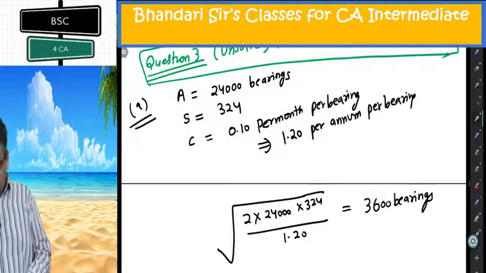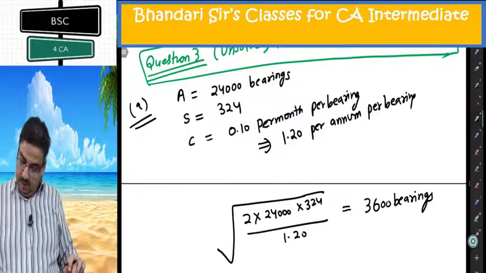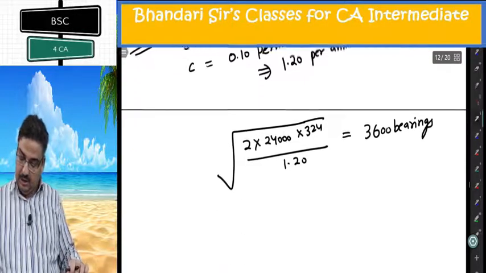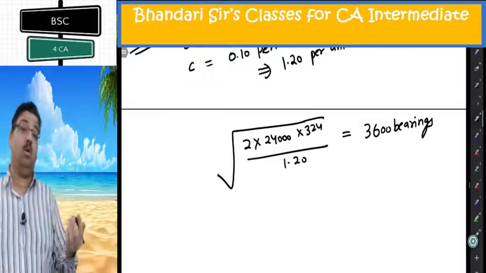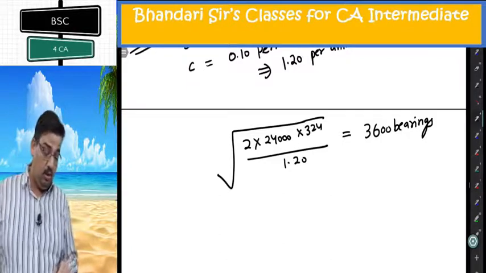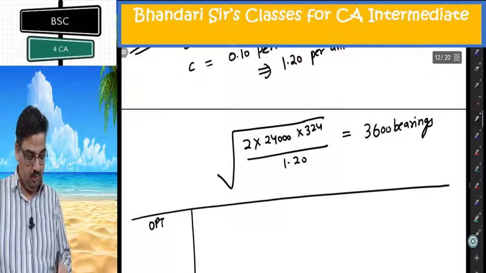Then the B part says, assuming that they have a policy of manufacturing 6,000 bearings, when they are not following EBQ, they are bound to incur more cost. He says how much more cost. I'll make a table as I made in the earlier question. Option 1 and 2.